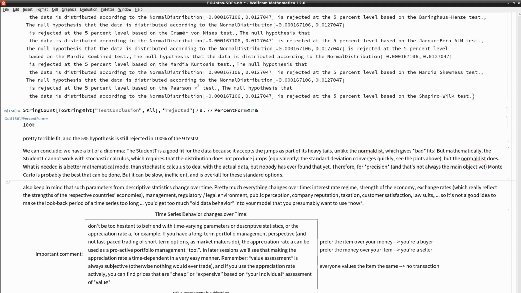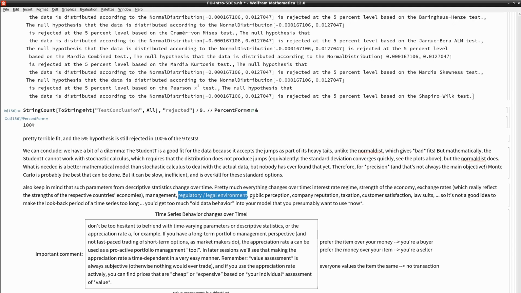So I want to make another point here when we're talking about these parameters of descriptive statistics. They simply change over time. And pretty much everything of these parameters changes over time. The interest rate changes, the strength of the economy changes, exchange rates change, and keep in mind these exchange rates really represent the strength of the domestic economy, right? That's why exchange rates have to fluctuate, because it's the only way for different economies, different countries to adjust when it comes to their different economies' strengths. Management can change,